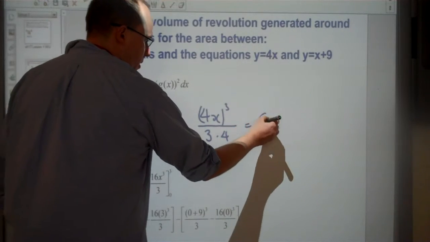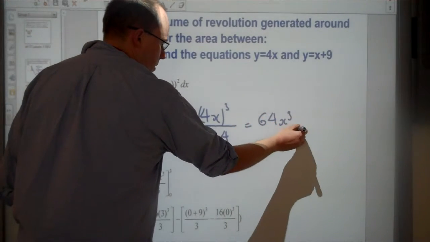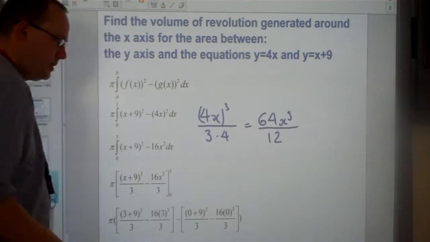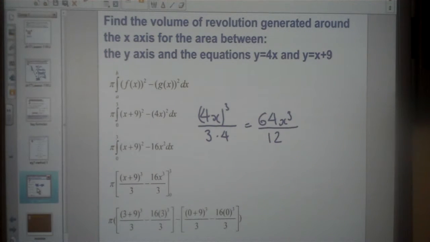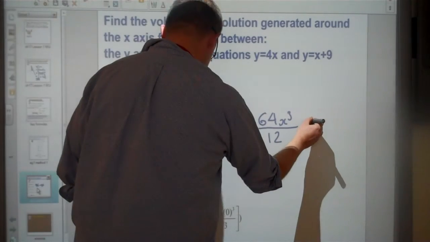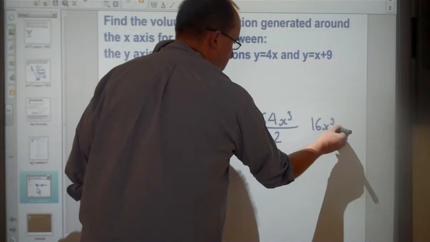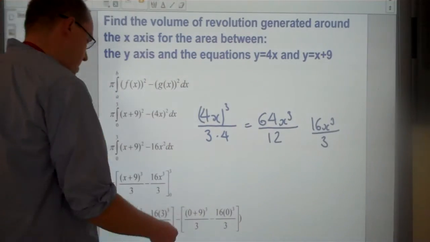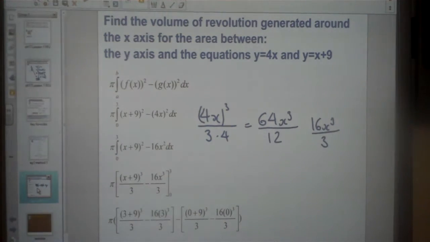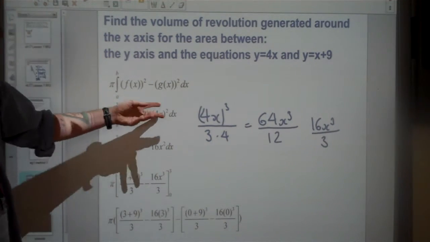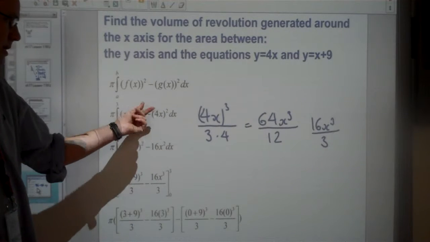4 cubed here is 64. And I can see some common factors in here. Certainly these are both going to divide by 4. So I could say that this is 16x cubed over 3, which is what I got down here. I think that's overcomplicated, and I think it's easier just to distribute the 2 inside here, with this just being